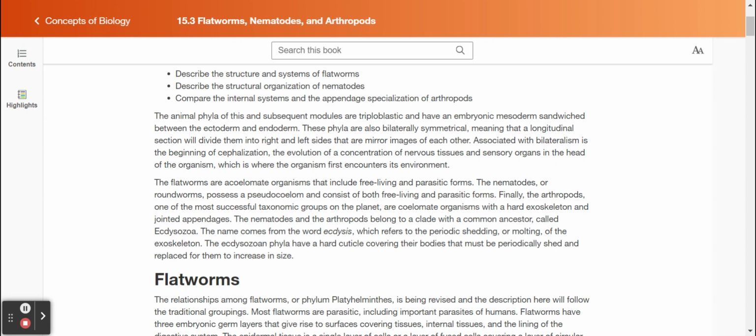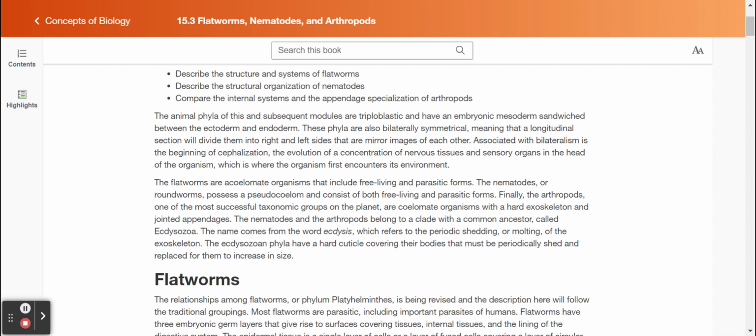The flatworms are acoelomate organisms that include free-living and parasitic forms. The nematodes, or roundworms, possess a pseudocoelom and consist of both free-living and parasitic forms. Finally, the arthropods, one of the most successful taxonomic groups on the planet, are coelomate organisms with a hard exoskeleton and jointed appendages. The nematodes and the arthropods belong to a clade with a common ancestor called